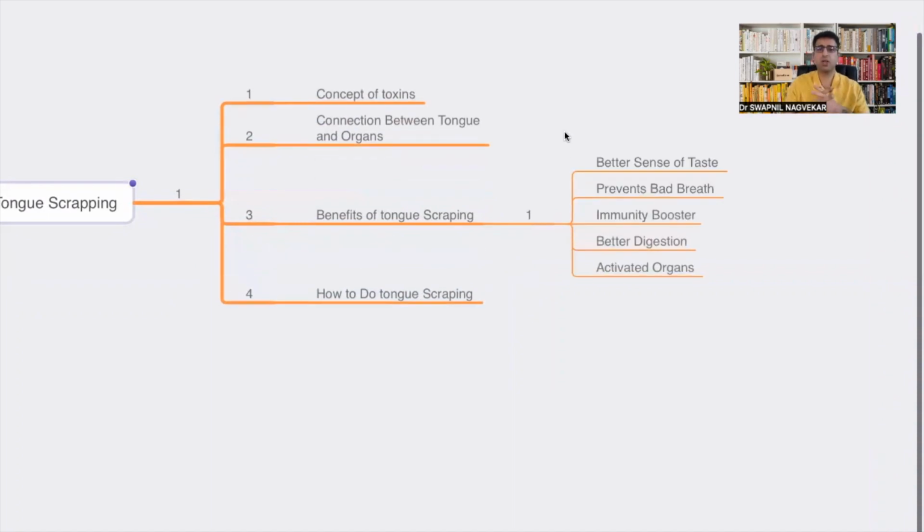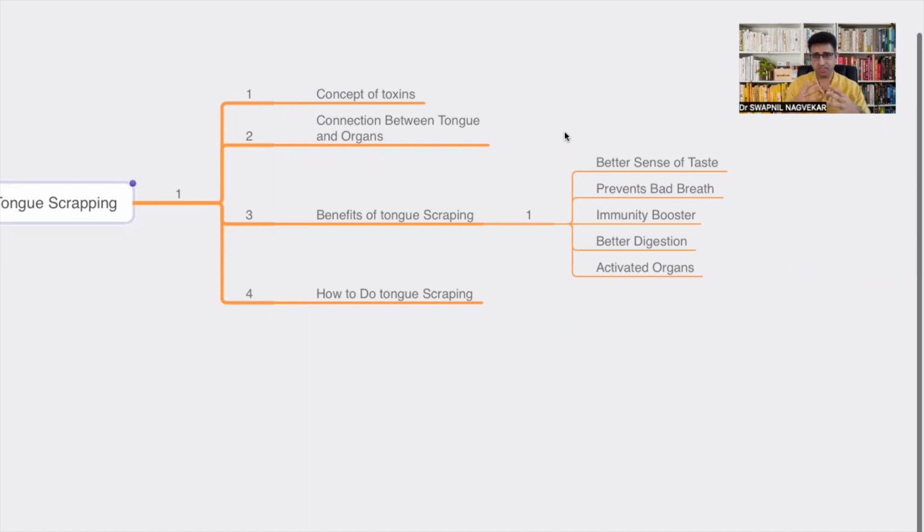First benefit is you'll have a better sense of taste. Because what happens is most of the time, the papillae, the taste buds, get blocked by the mucous secretion and dead cells, and the taste buds don't get activated. So by means of doing a tongue scraping, you will activate all the taste buds, so you will have a